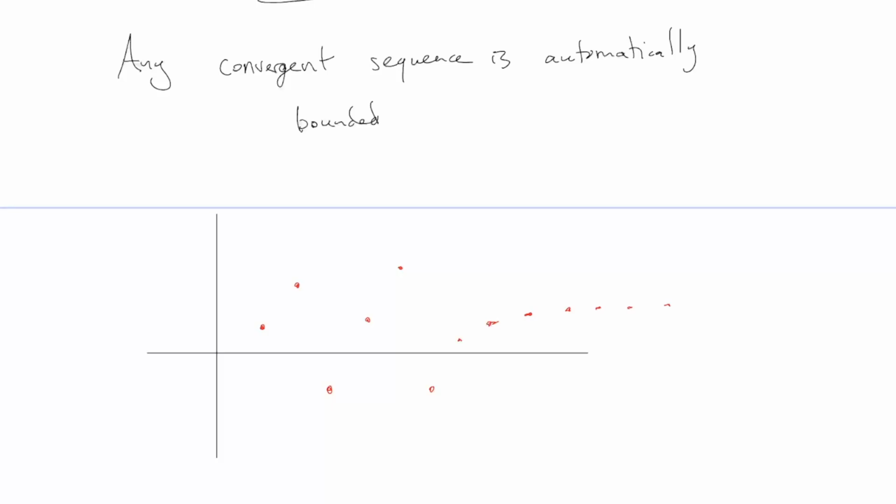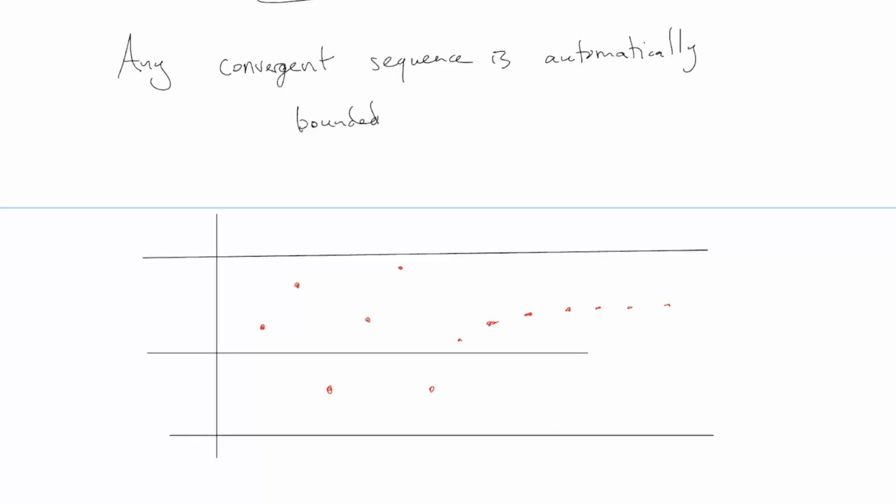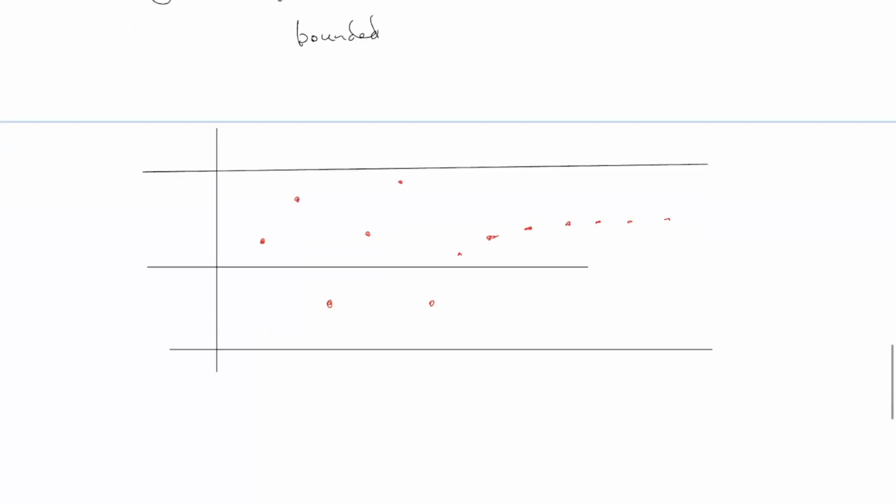And actually, that will always be true, because as long as it converges to a particular value, you can always just draw some sort of window that encompasses the tops and the bottoms of the sequence, right? That's always possible. If you think about what the alternative would be, it would be if somehow the dots kept on going up forever, but that's impossible if you know that it converges. All right, so you can always insert that upper and lower line.